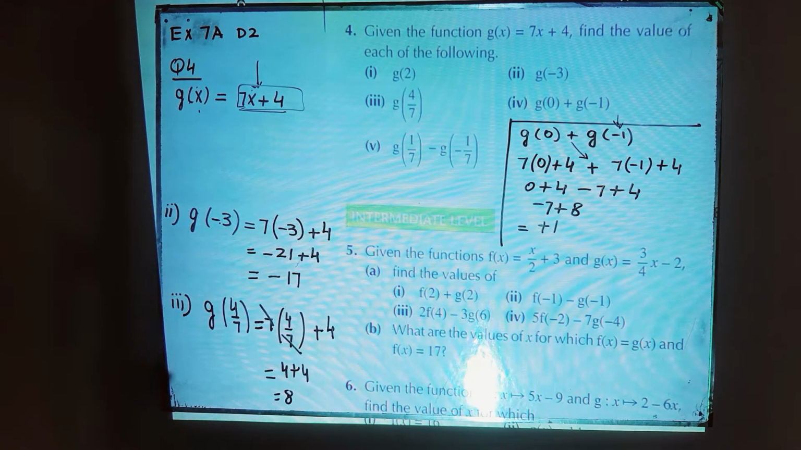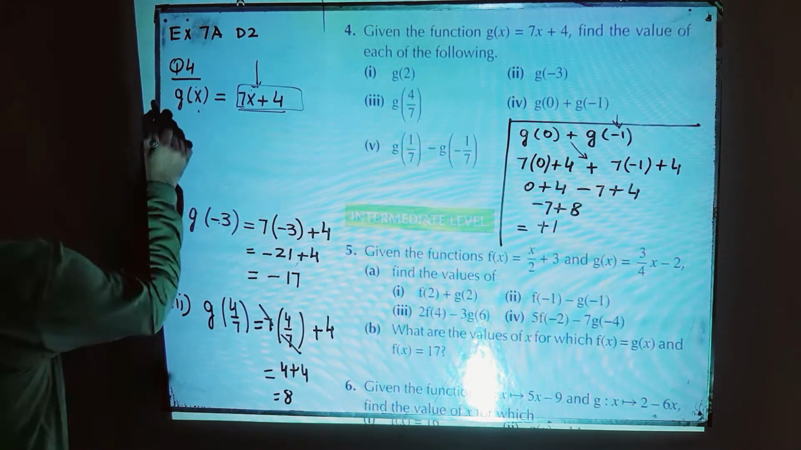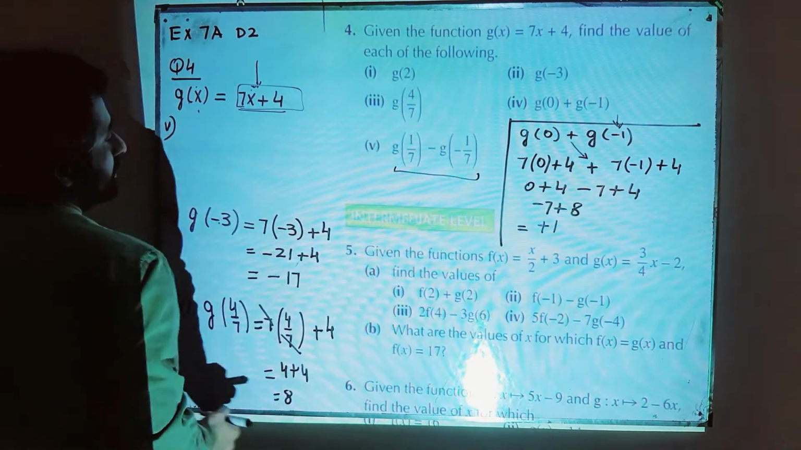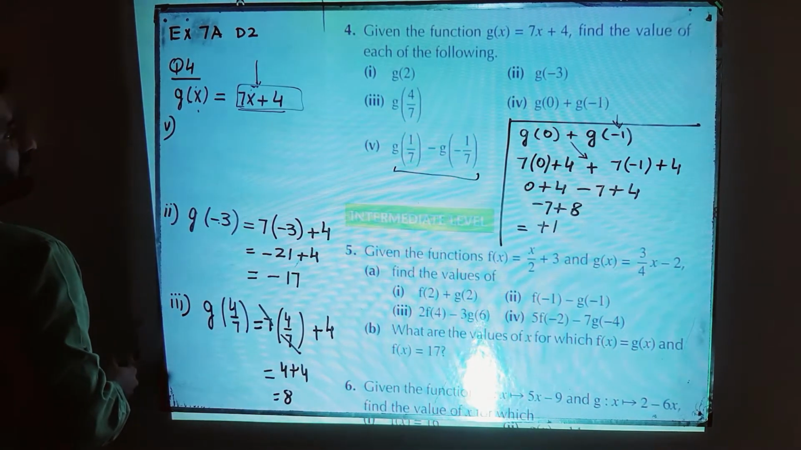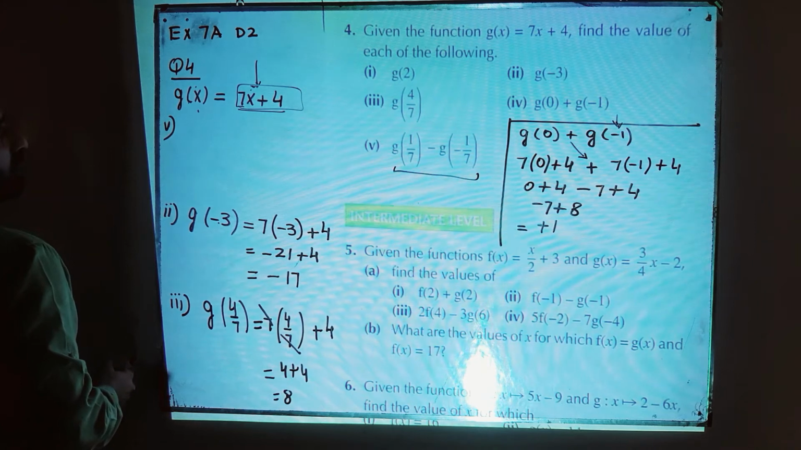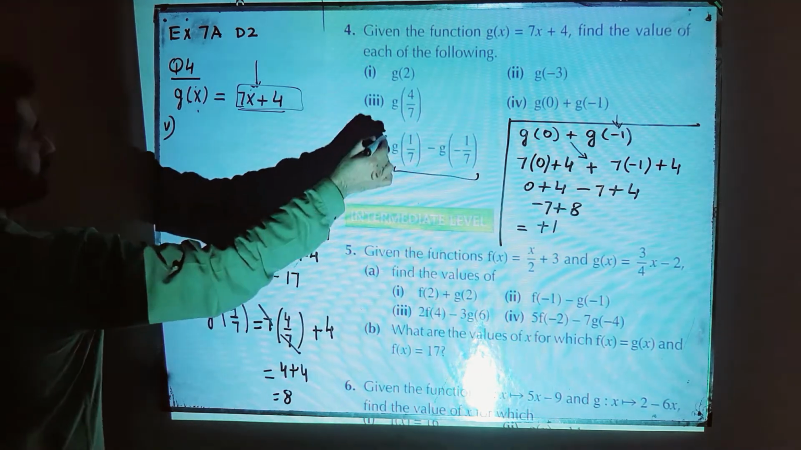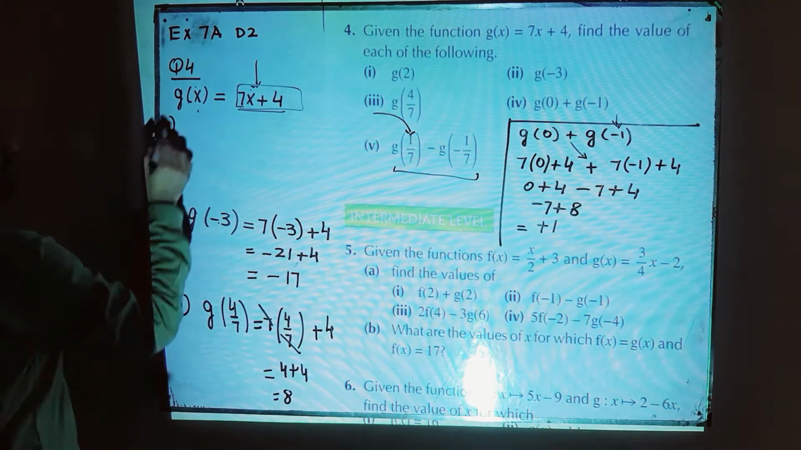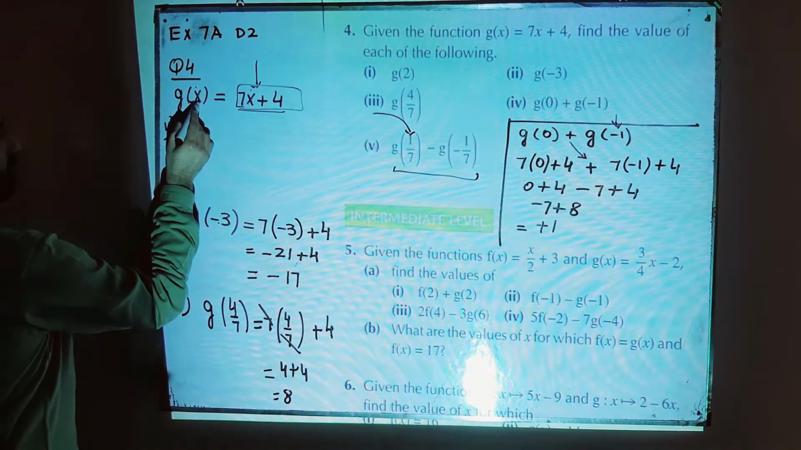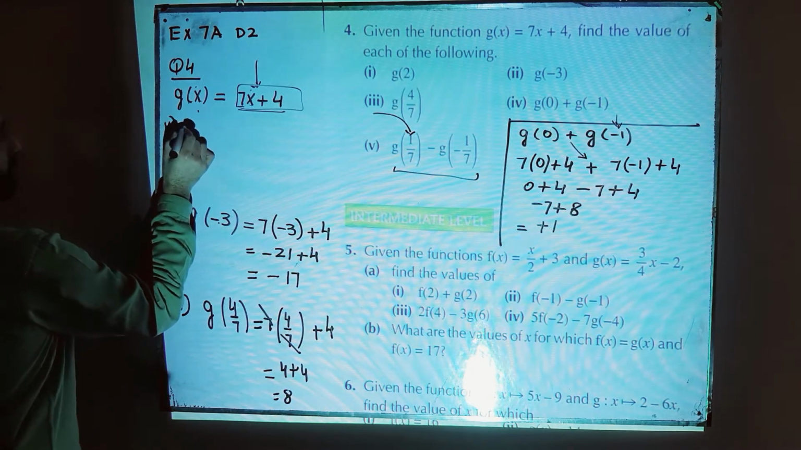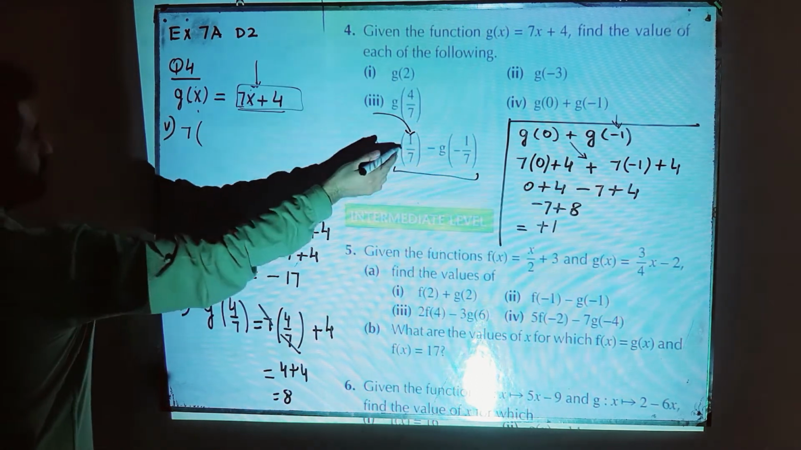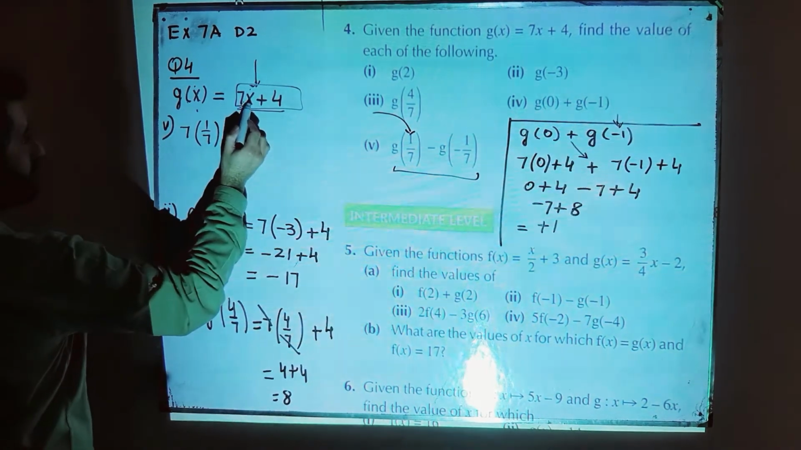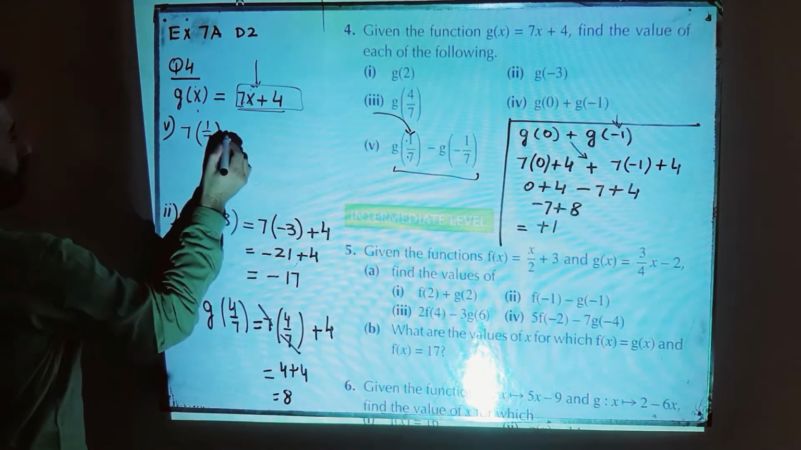So after that, just start part number 5, and that says you have to find the value of g(1/7) minus g(-1/7). So first of all, g(1/7) means you have to use x equal to 1 by 7 over here as well as over here. So using directly, 7x is to be replaced by 1 by 7,